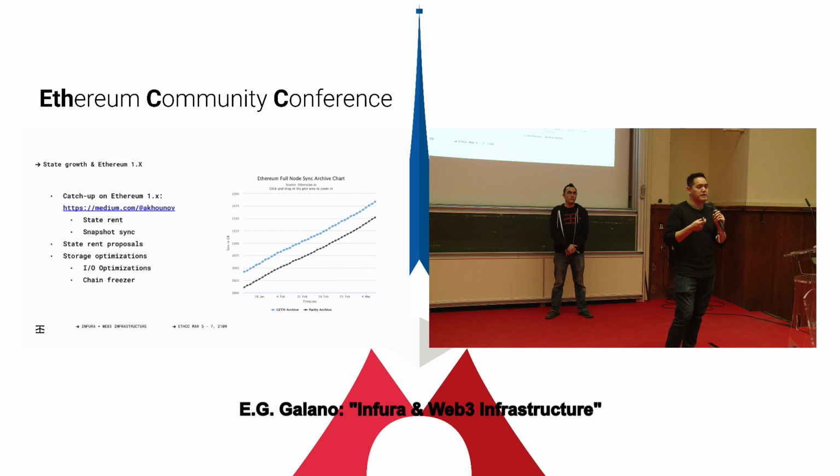So talking about state growth here, there's some stuff coming out of the 1.x workshop. Both Vitalik and Alexey and a few others have been talking about proposals for state rent. The current Ethereum state, depending on which client you're running, is roughly around 2 terabytes, 2.1 terabytes right now. And you can look on Twitter about whether that's FUD, whether people care about state or should care about state or should be able to survive off of a light client.